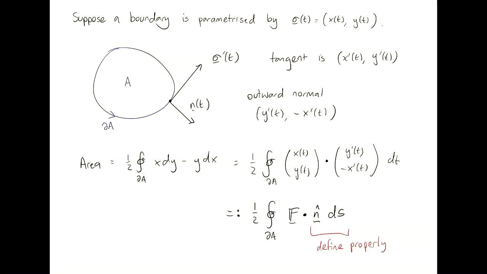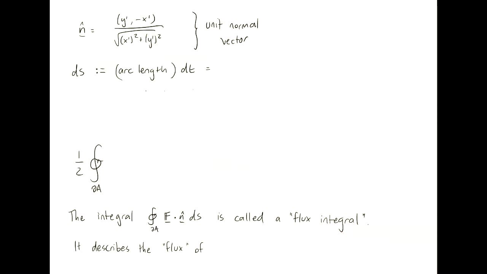So ds, you'll remember when we did arc length integrals, represented the unit arc length. So we're parameterizing this boundary in terms of its arc length. And that parameterization we derived, and we found that in this case it would be the square root of x dash squared plus y dash squared